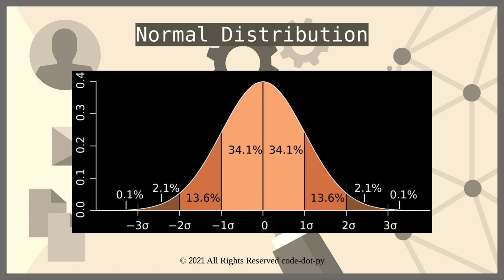And more or less we always get this kind of a bell curve where the maximum amount of data is centered within one standard deviation. In this example, if you see, almost 68% of the data lies within one standard deviation from the mean value. And then as we move further, the amount of data, or the density of data, significantly decreases.